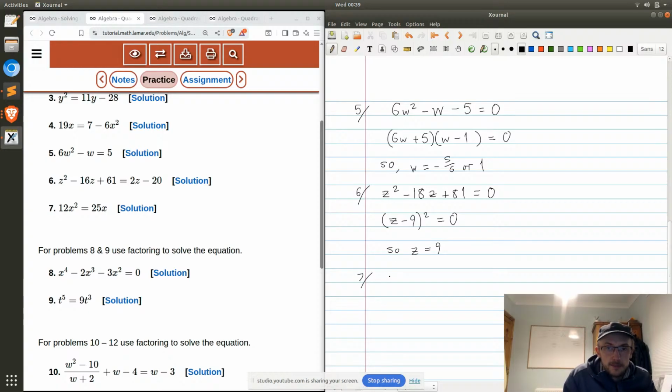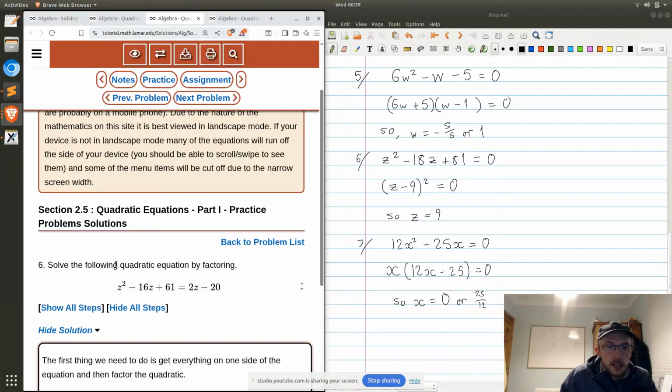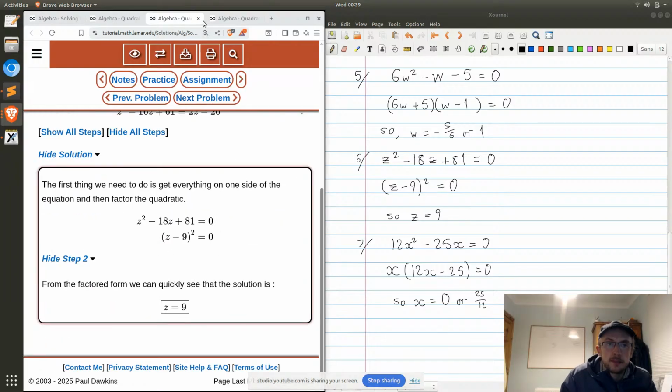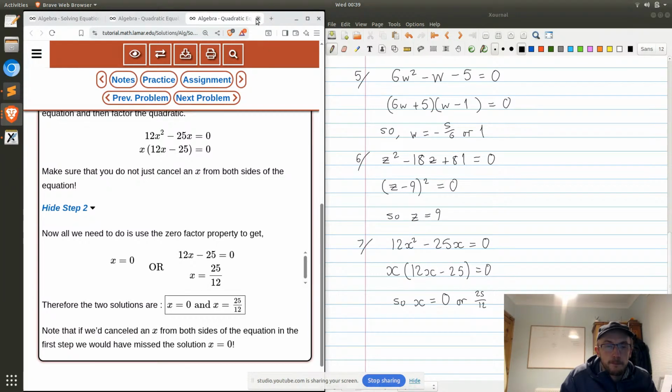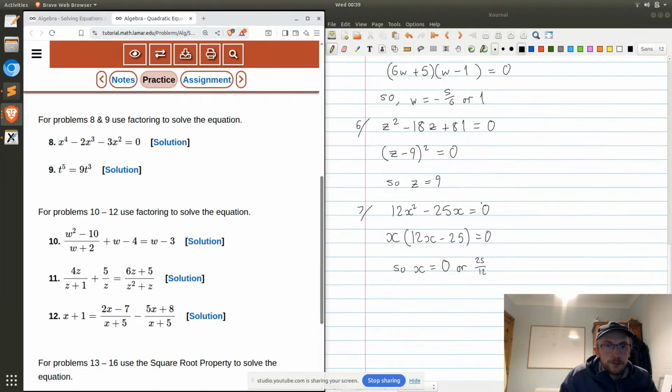And finally, 12x squared minus 25x equals 0. So factor out x, and we get 12x minus 25 equals 0. And so x is either 0 or 25 over 12. How about that? We check, correct, and then we check, and it's correct. And now